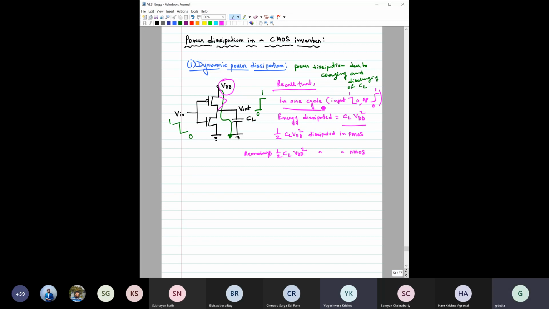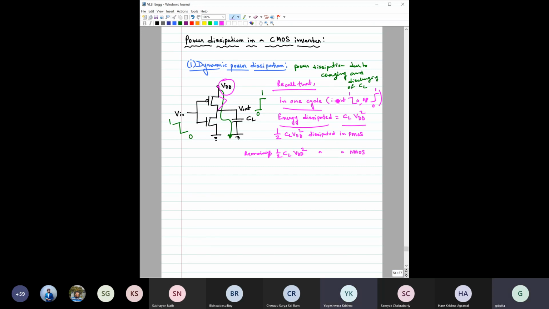So if you see for this scale, when the output is changing from 0 to 1, for this case, the total energy dissipated, or the total energy taken from this VDD source, is nothing but CL VDD square, right? Now we are trying to find what is the power consumption. So if you have to relate with the power, then this is for one